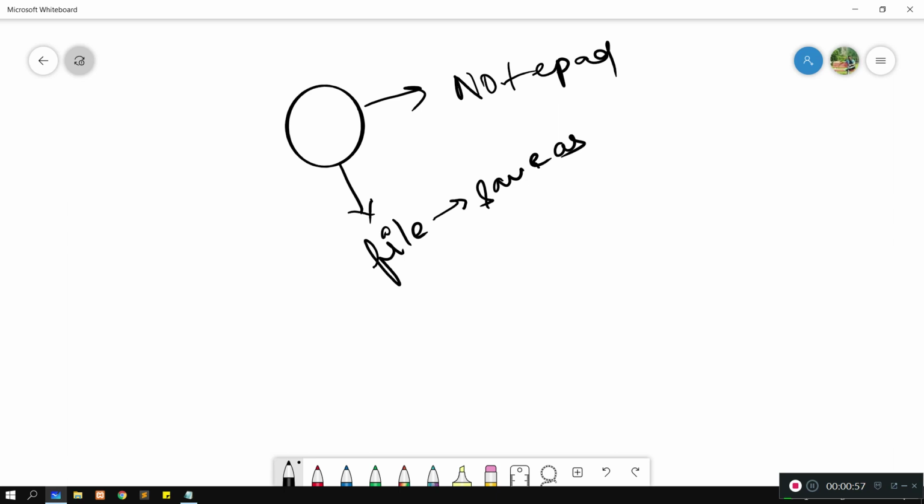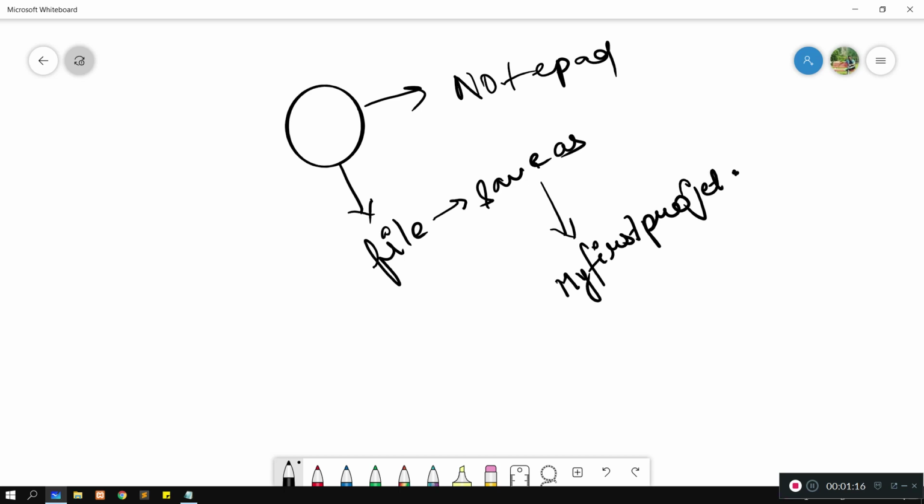Click on the Save As button, and then you have to give the file name, which can be anything you like. Suppose my first project dot.